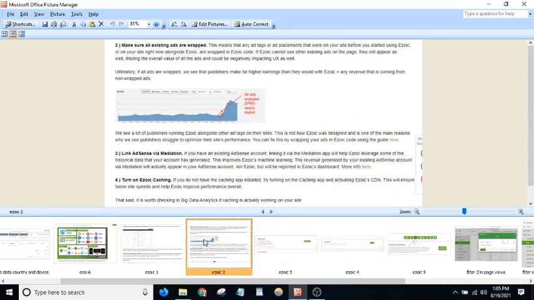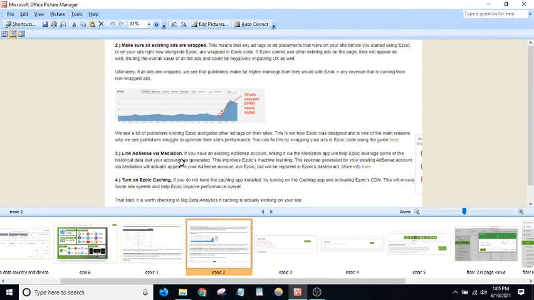You don't need to apply for mediation, because you have already placed your ad code inside the Ezoic codes. So maybe Ezoic will protect those ad codes, the ads that are shown in AdSense also, because Ezoic does safeguard the ads they place on your website.